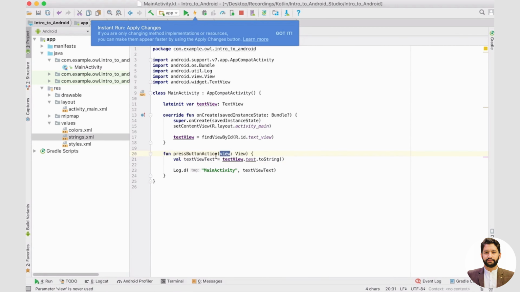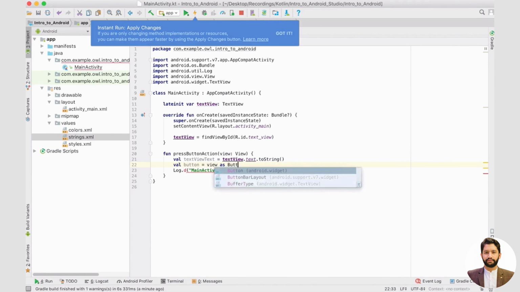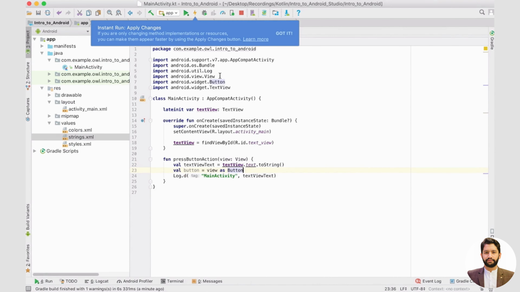For this, I have to get the view that is being interacted with on this press button action. So this view is going to represent my button, but I have to cast it to a button first. So I'm going to say val button is equal to view as Button. Okay, and that's the import up there. This now casts this generic view type to a specific button, and now I can get the text from that. So I can say val button text is equal to